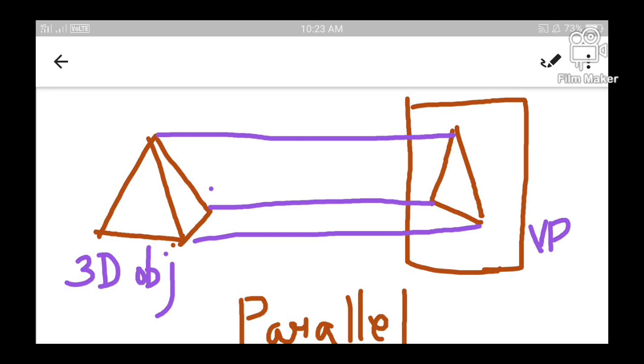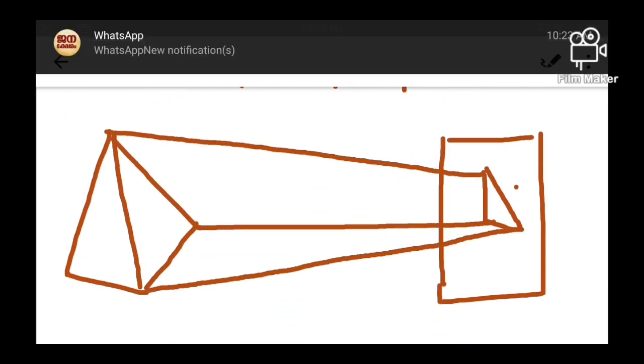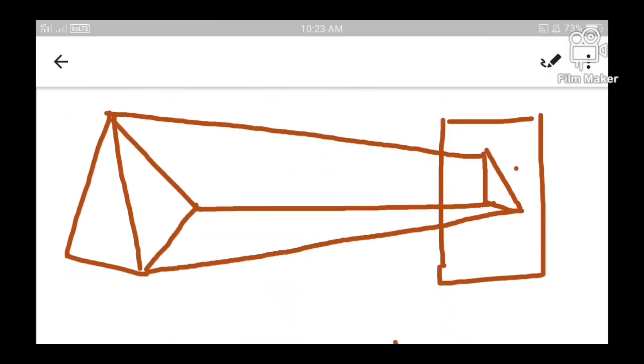Let us move and learn what a perspective projection is. Consider that we are having a 3D object. Let this be a 3D object. And we are also having a two-dimensional view plane. This be the two-dimensional view plane. I'm again going to map the image of the 3D object to a two-dimensional view plane.